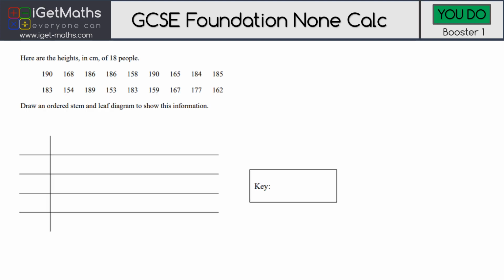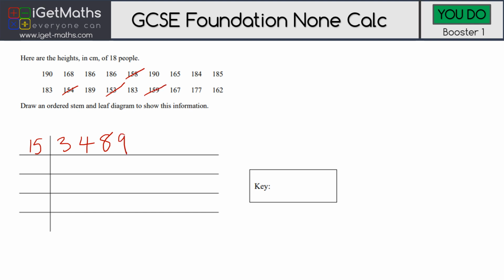Here are the heights in centimeters of 18 people. Draw an ordered stem and leaf diagram to show this information. So this time our smallest number is 153. So we're going to have a stem of 15 this time and a leaf of 3. The next smallest number is 154. So we've got 15 and then we've got the 4 for 154. Then we've got 158. So we're going to put 8 there. Then we've got 159,